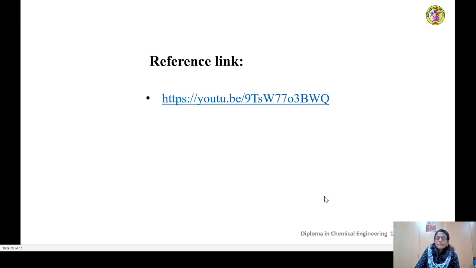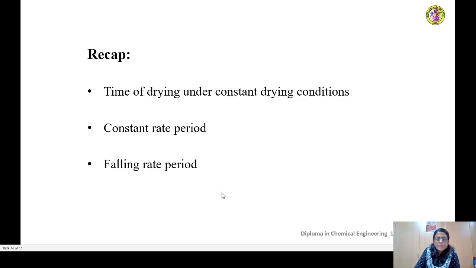So with that, let me conclude the discussion on drying operation with respect to the principles of drying. From next class onwards, let us study the different types of drying equipments used in industries, how they are constructed, how they are operated, and all the applications, so that at the end of the course you'll be able to identify which type of dryer is suitable for which kind of material.